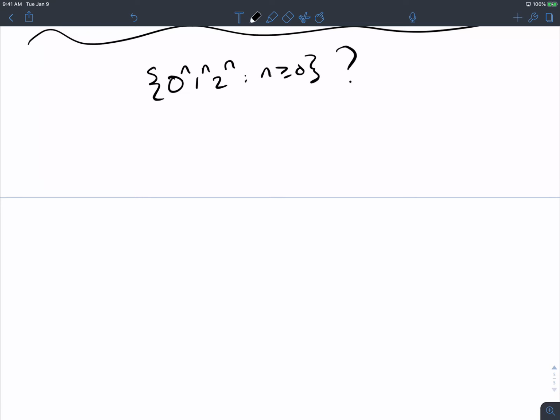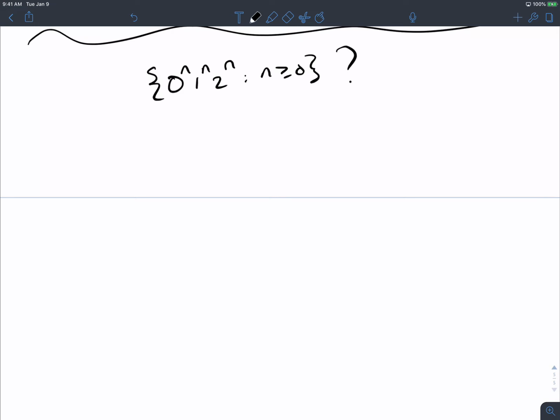Well, how did we proceed with regular languages? What did we do with a DFA? With really long strings, what did we do? Well, we looked at a DFA with some number of states, and then we fed in a string that had length equal to that number of states, at least. Then what we saw is a repetition of states, and then as long as we went around that loop as many times as we want, we could make a bunch of strings that went to the final state, and therefore are in the language. So let's try that same thing with PDAs.